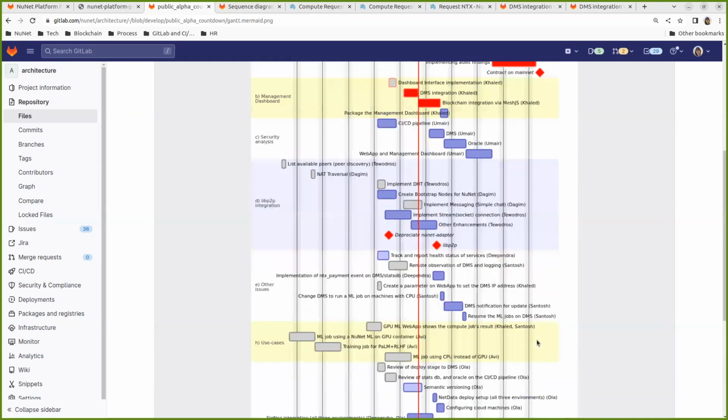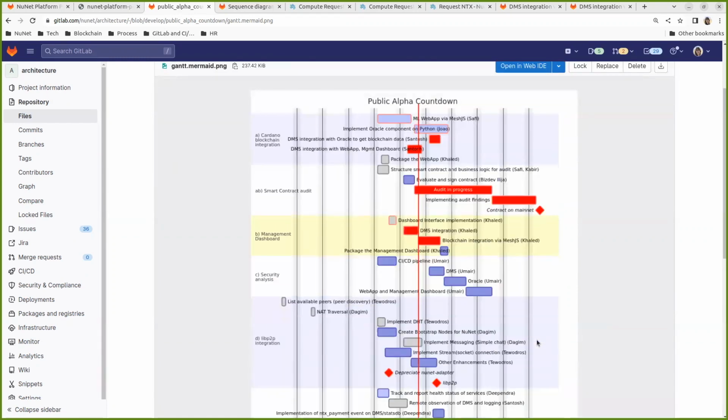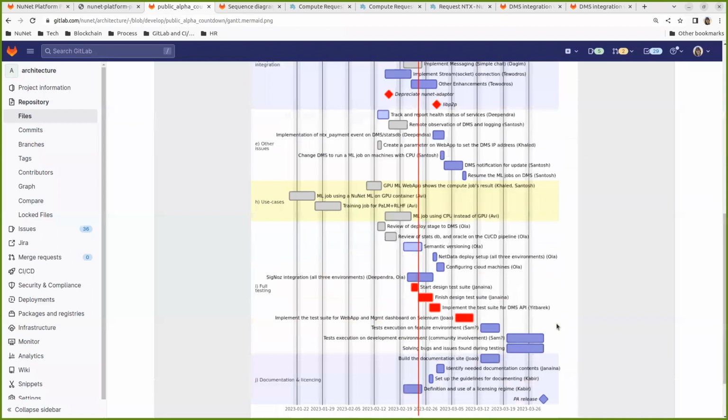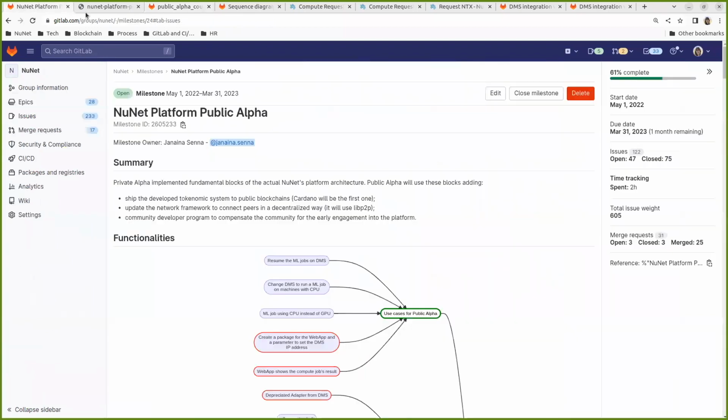And that is all the issues that we are planning to implement to finish for the public alpha release. Any questions about this planning? Okay. Any questions overall about the